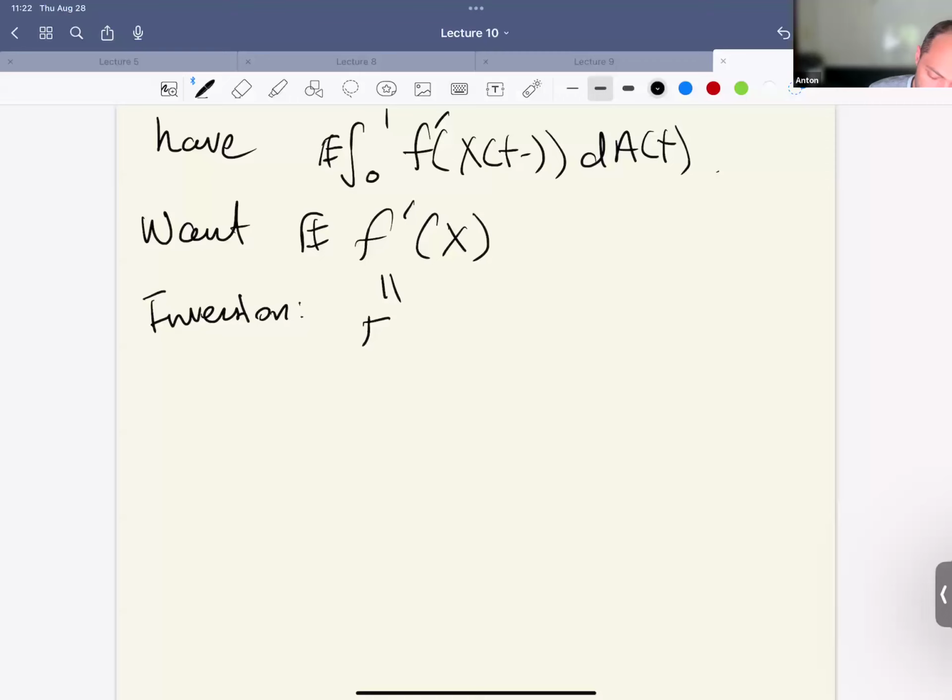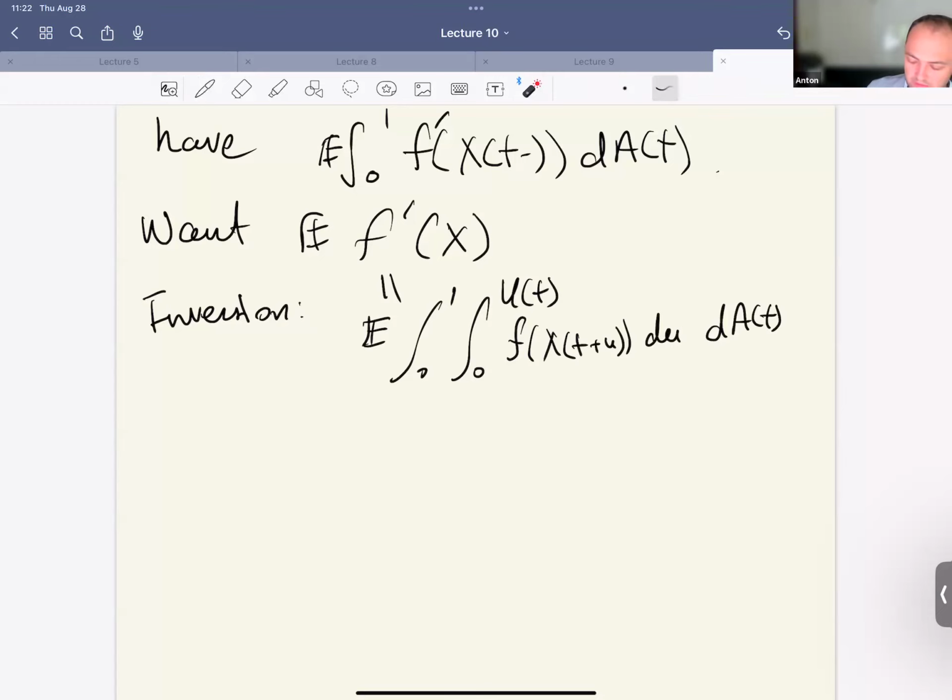This equals the integral from 0 to 1, integral from 0 to u of t, of f of x of t plus u, du, dA of t. And okay, right away I see that there is some similarity between these two, but instead of trying to